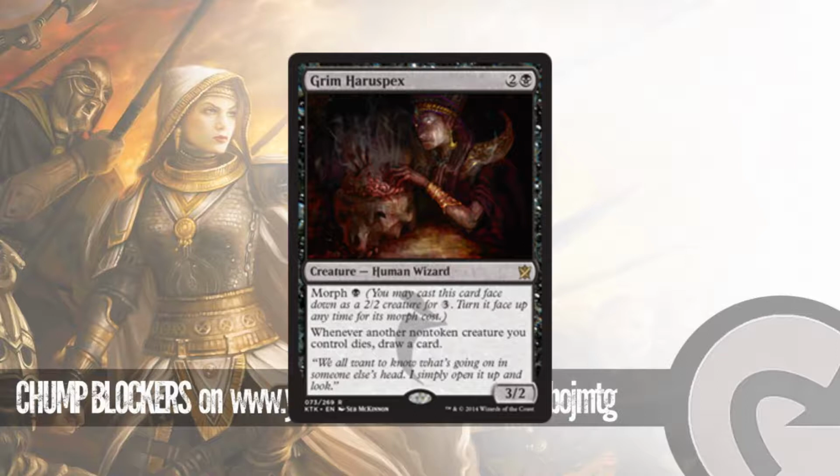No special turn-up ability, but it has the ability of whenever another non-token creature you control dies, draw a card. It's pretty cool. Yeah, it's pretty cool. 3/2 rare for 3. I mean, we're looking at this first in limited, it's a Rough Rider, a 3/2 for 3. Yeah, sure. But you can also...